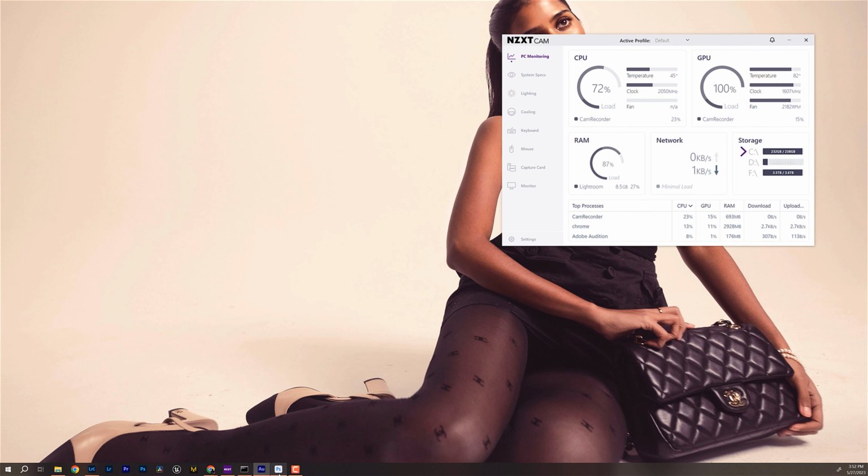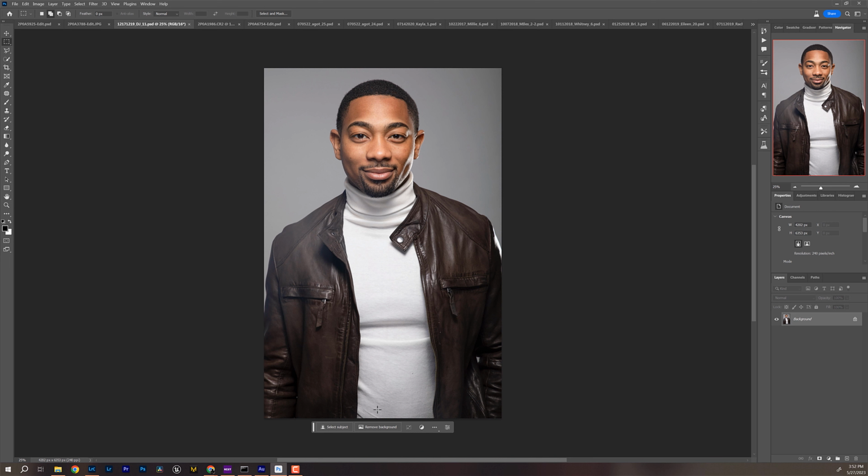So you need to be in Photoshop's beta, and what you do, if you don't have the prompt to bring it up, is go to your Creative Cloud, and when you go to the update options, you'll see an option saying beta apps. You go to beta apps and click Photoshop, and then you'll be able to download the beta version of Photoshop, which has this little tooltip right here.